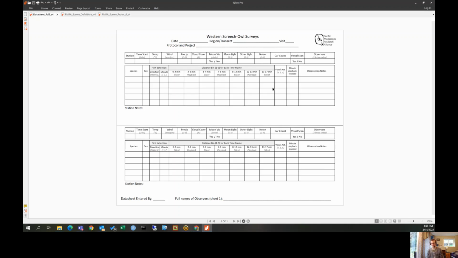Now, that's a problem for analysis because we have then interpreted that data to mean that western screech owls' declines are being entirely caused by barred owls because they do not overlap. Now, we don't know that for sure because our surveys have shown the pattern that we would expect from the methods that we've used. So we're asking people to continue playing their surveys almost no matter what, unless you feel